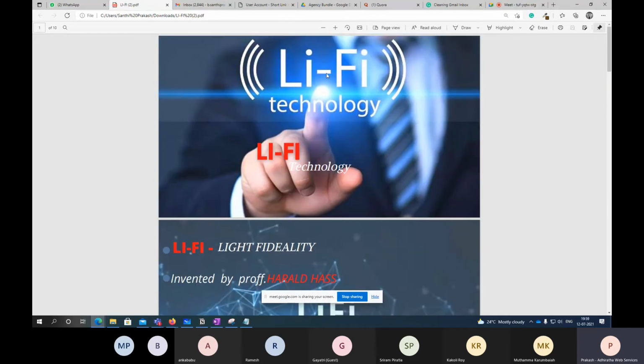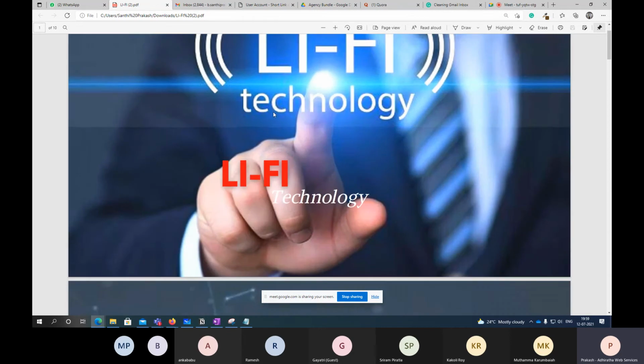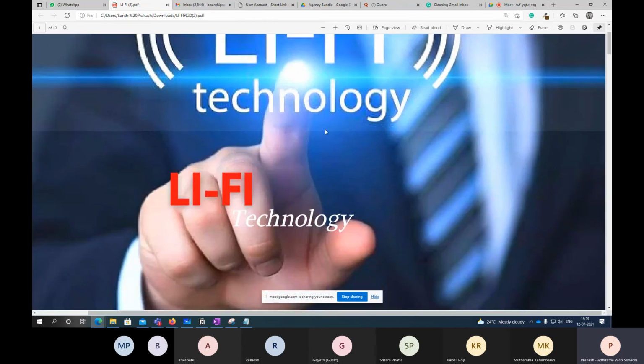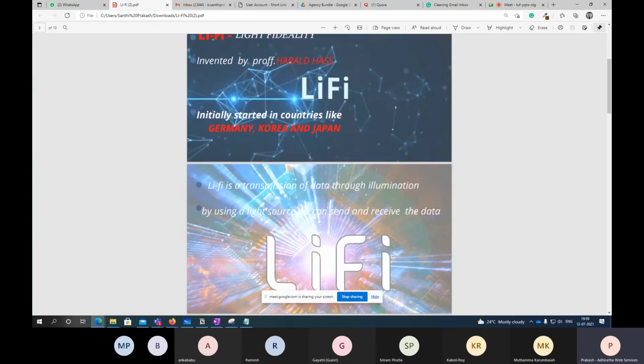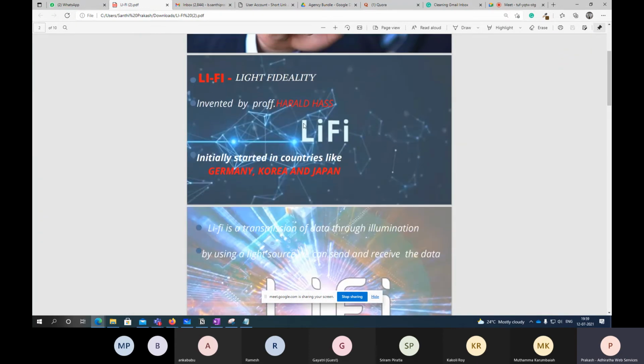Now here, this Li-Fi technology part that you included is getting pixelated, right? So we have to correct these things. When I'm zooming in, the quality is getting reduced. See, this image is okay. This Li-Fi part is pixelated, but text-wise it is okay.